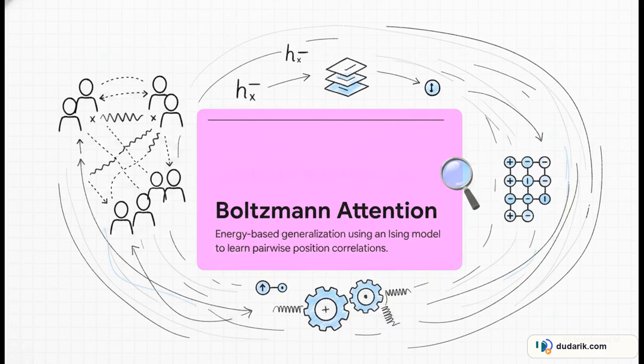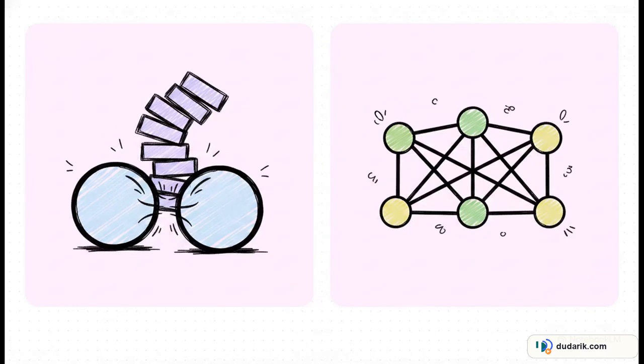Let's swap our pie analogy for a team analogy. Instead of fighting over slices, tokens act like a cohesive team. They explicitly cooperate or even mutually suppress each other using learnable pairwise couplings. The coordination logic is baked directly into the layer itself. And this brilliantly illustrates the shift. On one side, softmax is trapped in implicit competition, a strict zero-sum dynamic relying on deep layer stacking. But on the flip side, Boltzmann attention gives us explicit interposition correlation. Those learnable pairwise couplings mean the model is actively building cooperative structures. It's a massive upgrade in how the architecture handles information.